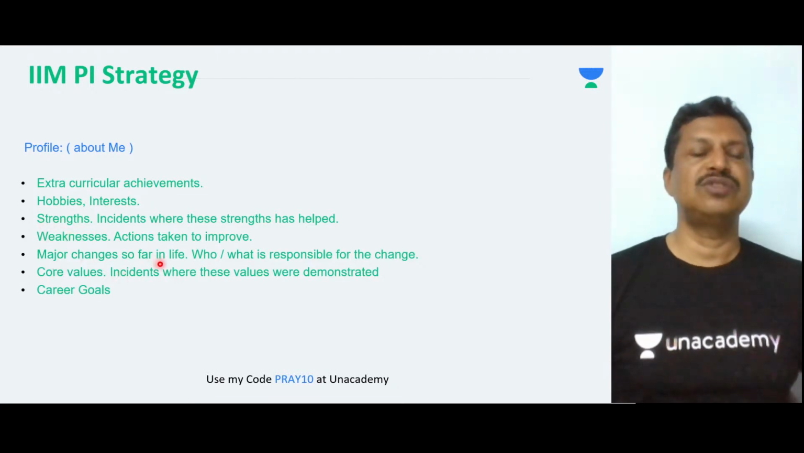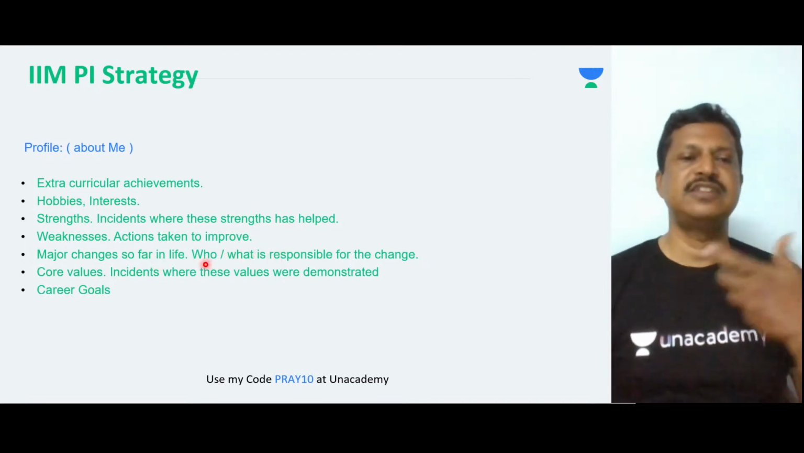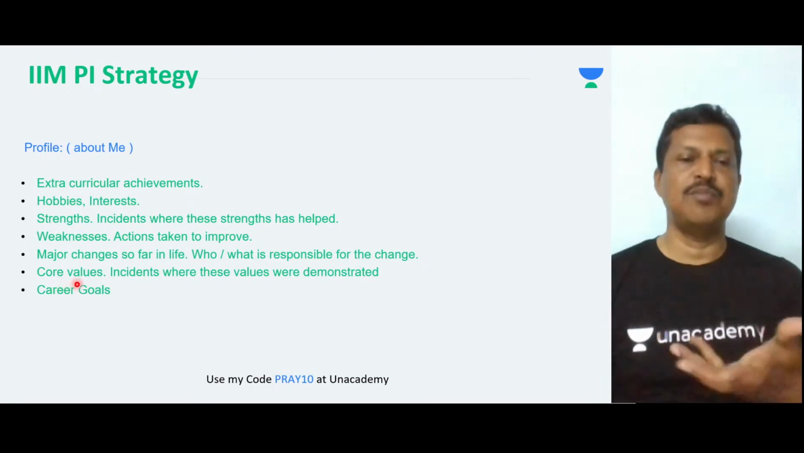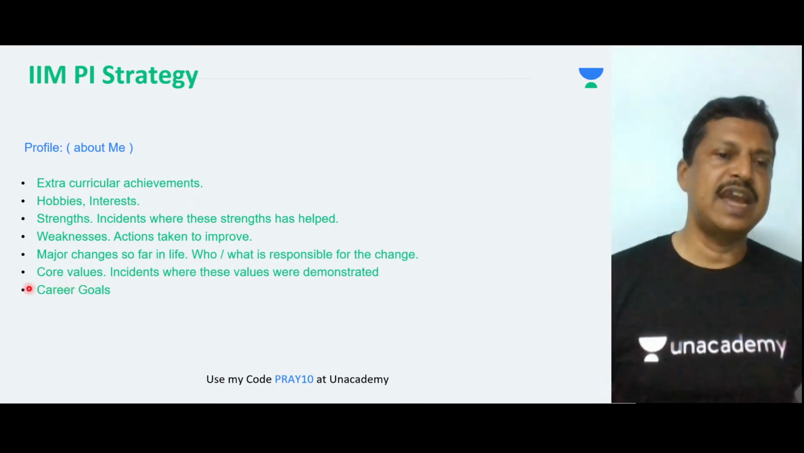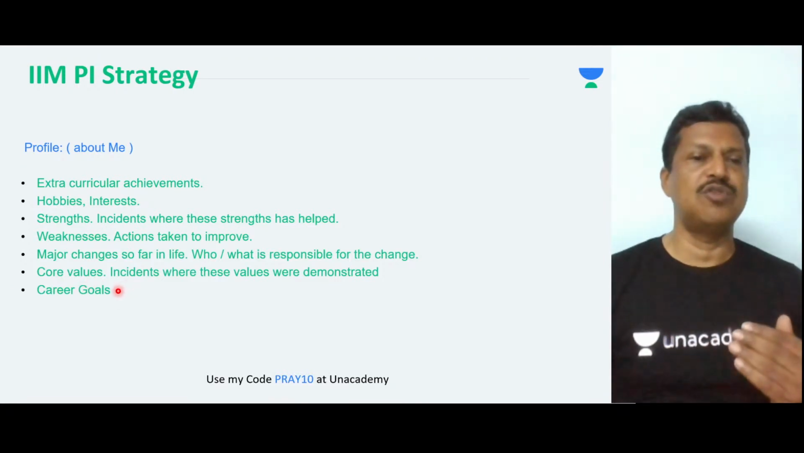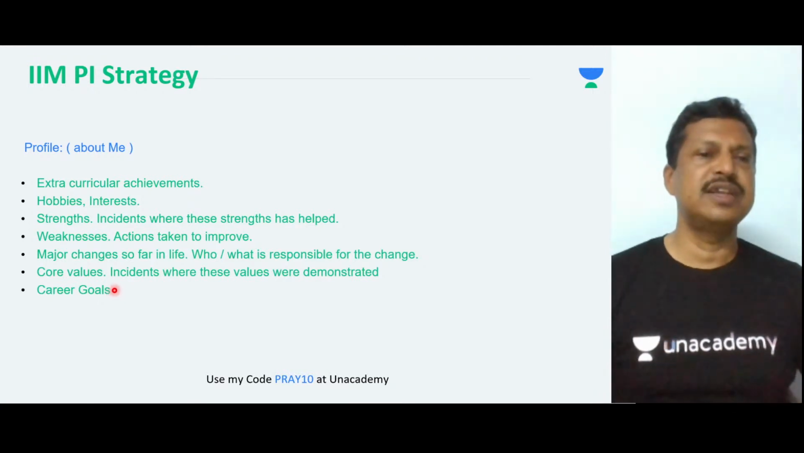Major changes that have happened so far have already happened. You just need to look back and see what was actually responsible, or who was the person responsible for this change. Core values are already inherited. You can acquire some more core values, right? Career goals, of course, you can look back and keep on checking what your career goals are, what you want to do after 10 years, after 15 years, and so on, right? So what I wanted to point out is,